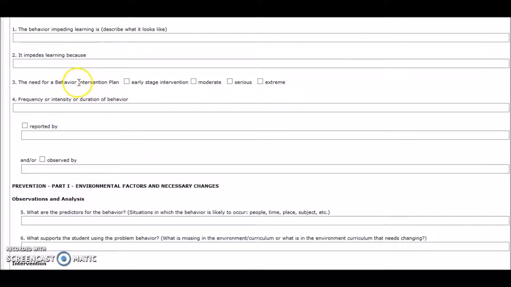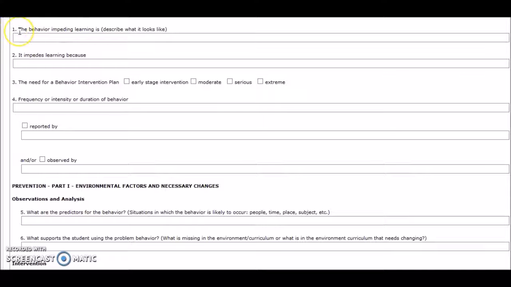And the only part that's missing on this page is the student information, which would be showing on the top. But of course, I hid that to keep it confidential. But we're going to go through the questions of the behavior intervention plan and see how we can answer them